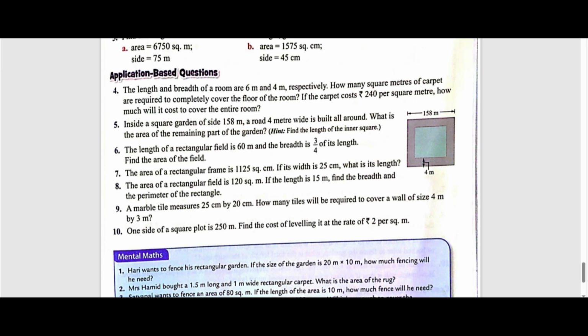This is a square, so length and breadth are the same. You subtract 4 from 158 once and again, and then calculate the area of the outer square garden including the road: outer area is 158 multiplied by 158. Length and breadth are multiplied, and you will have your answer. And after that,